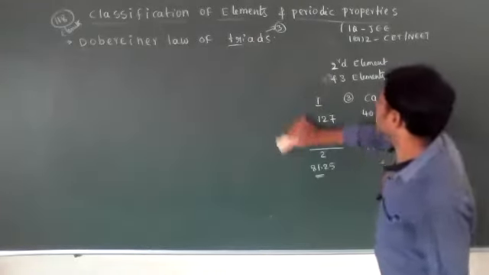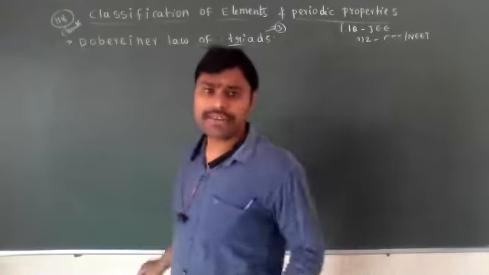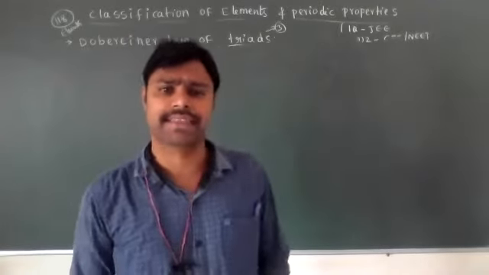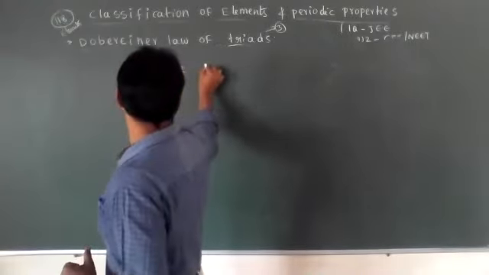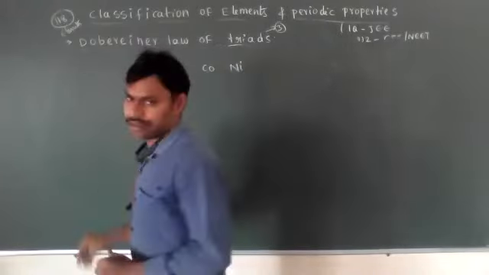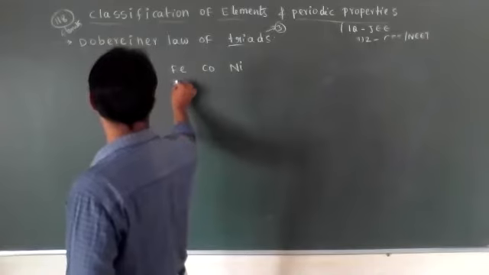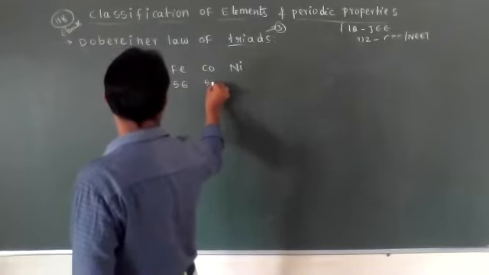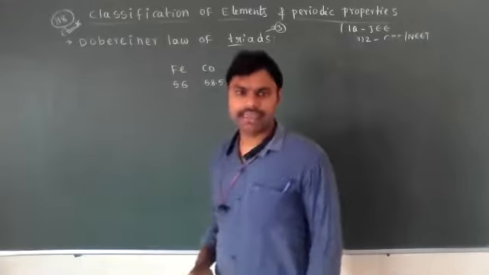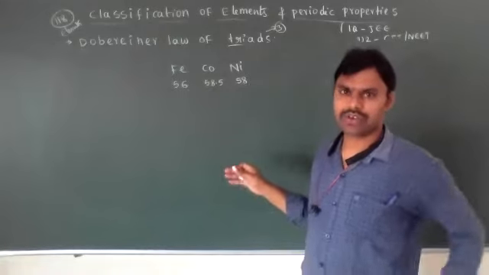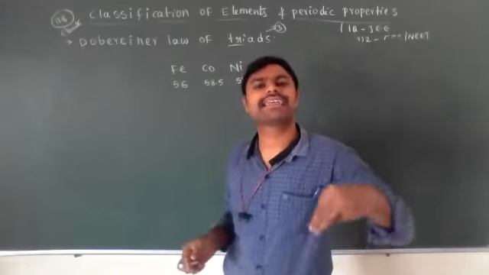Now, this concept is rejected. Why was it rejected? Some of the elements have very near atomic weights, very close to each other, like transition elements: iron, cobalt, nickel. If you check the atomic weights, iron is 56, cobalt 58.5 and nickel 58. Very close. Because of the closeness of their atomic weights, this Dobereiner triad system was rejected.